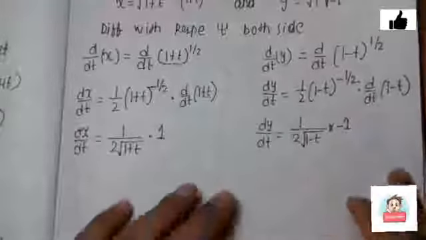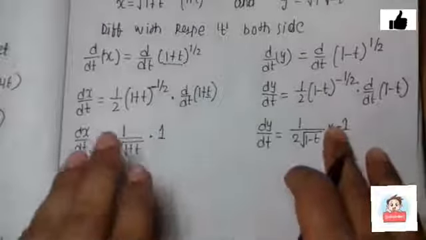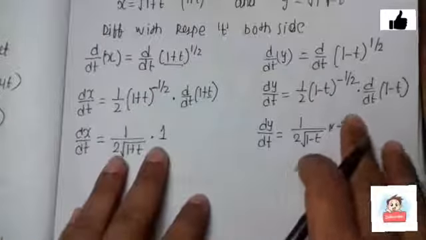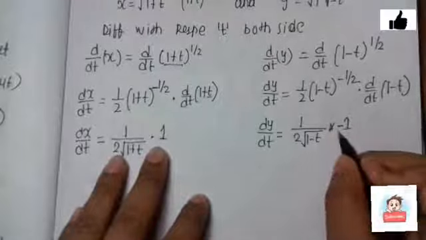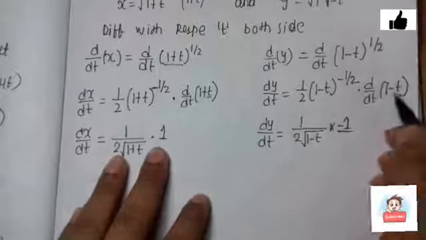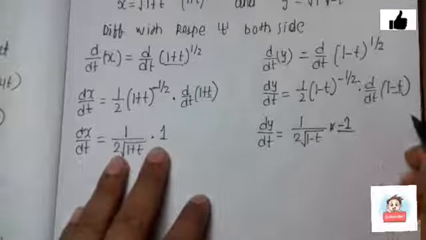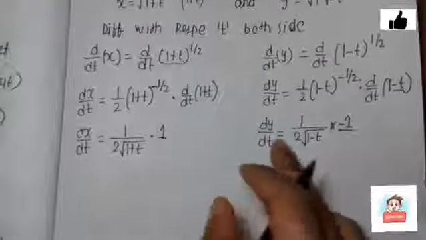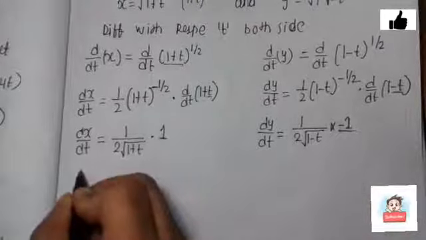Understood? I was talking about the differentiation of this. In exam, many people get confused and they directly write 1, but the answer says that it will be minus 1, because when you differentiate this, d/dt of minus t is minus 1. So in the next step we will write